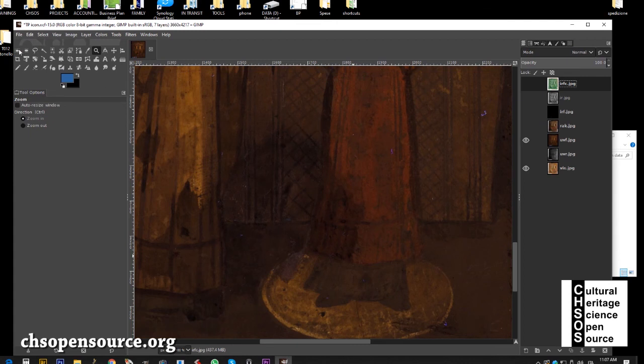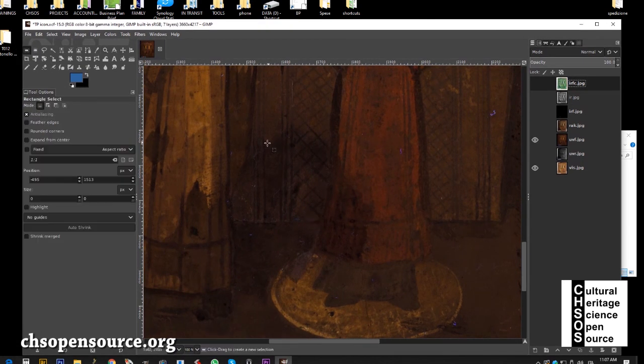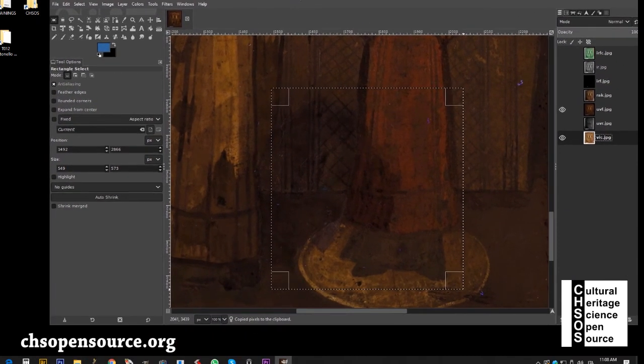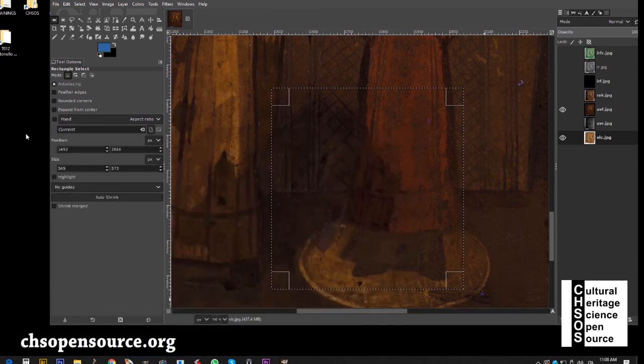So the idea is, for example, here we want to document this issue. What we do is we can use the selection tool, this one, rectangular. So this is the area of interest. And we want to compare, for example, the visible and the infrared false color. So we go here, select this, and we do Control C. So we copy just this area, and we can paste in whatever software we want. So for example, let's make here on the desktop,